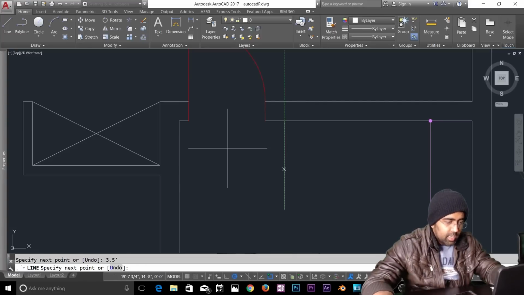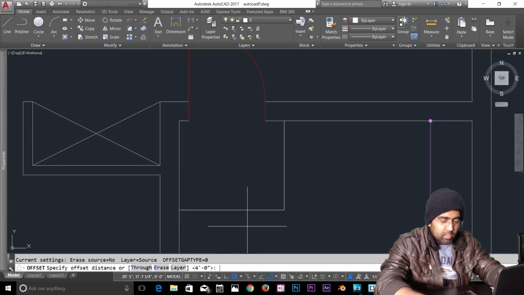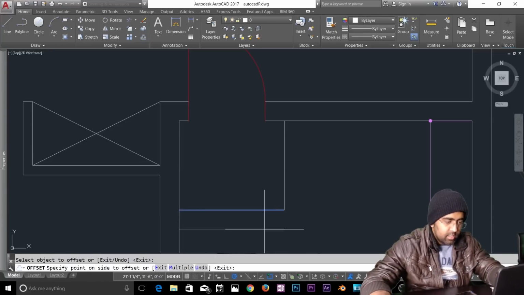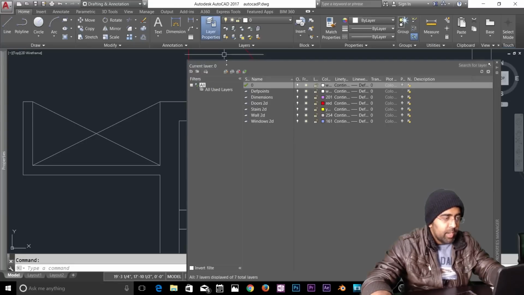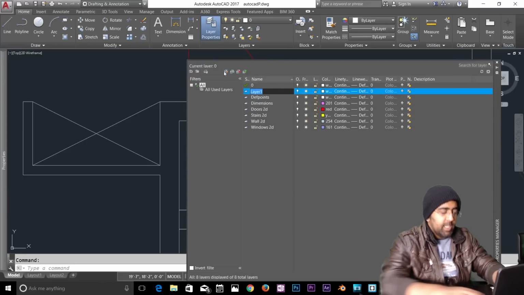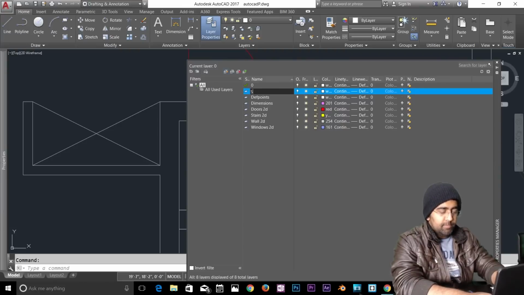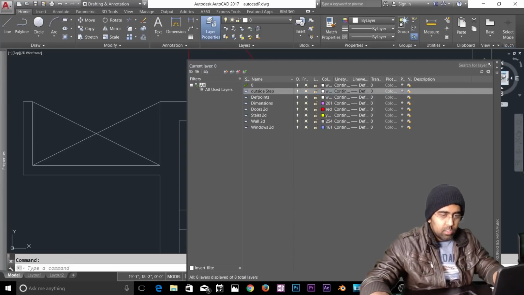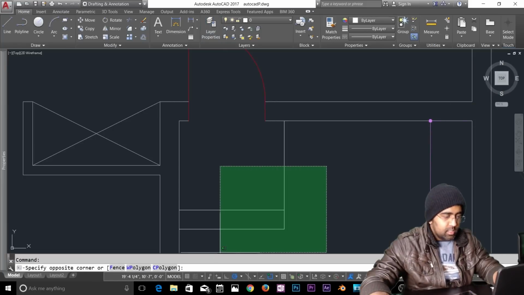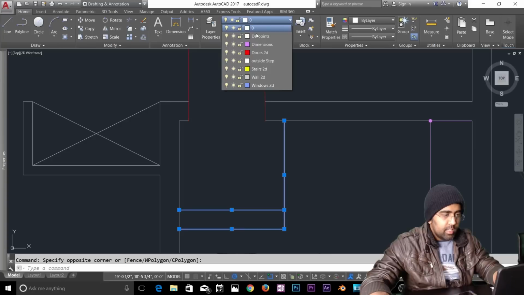Alright, and let's go this way, and then offset about 9 inch. I think that's stuff we have inside, and you can just drag it down. So that's going to be your outside step. So let's go back to layer properties, click here, and then type stairs outside step. Okay, so let's go to here and select these 2 lines, and then go and change